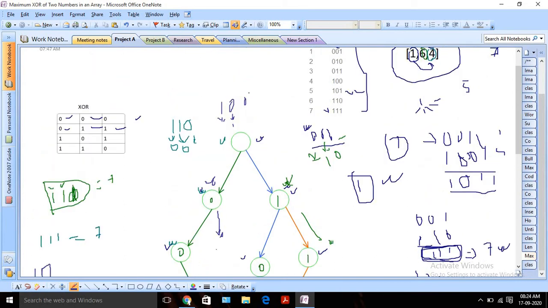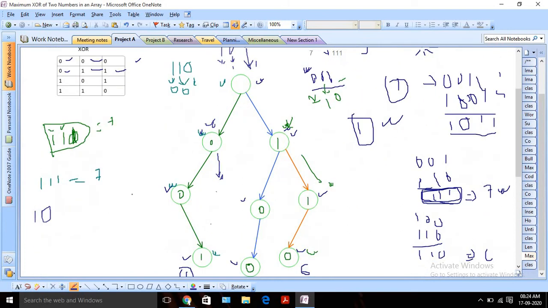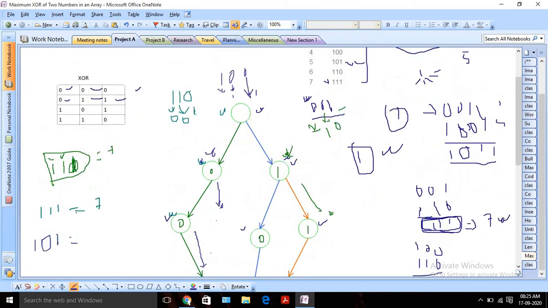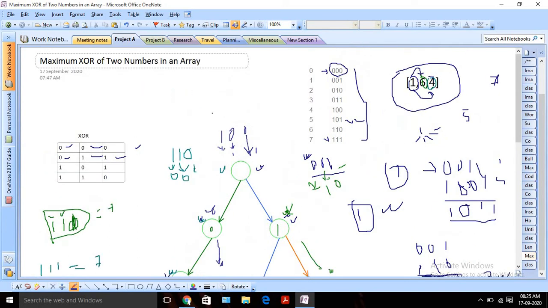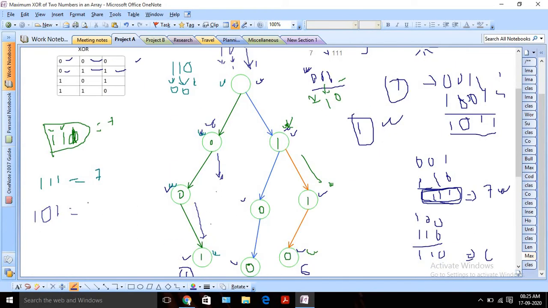Now we will move further. Again my next digit is 0. We need to find out 1, and okay, I can see there is 1, right? So I found the opposite bit, so I will add 1 in our answer. So this will be our answer, 101. 101 means 5, right? Now I can easily identify that out of these 3 values, 5 is the maximum, and we can return. So using this approach we can solve it.